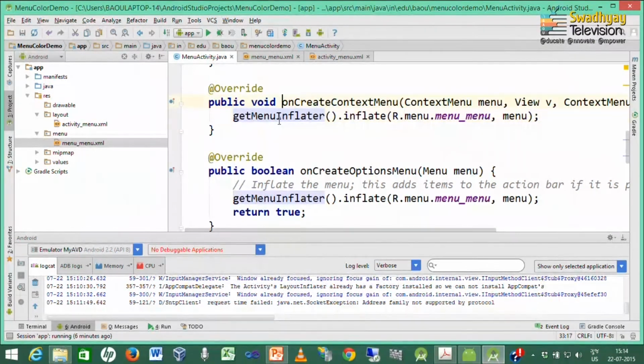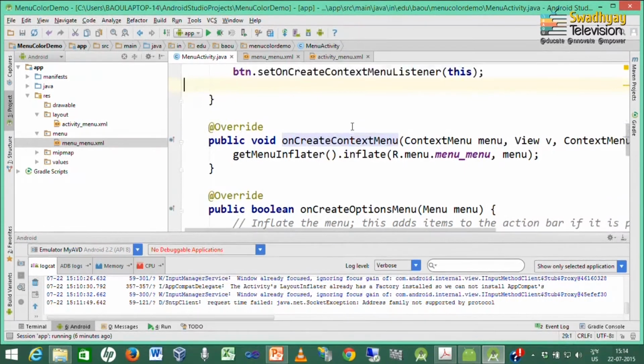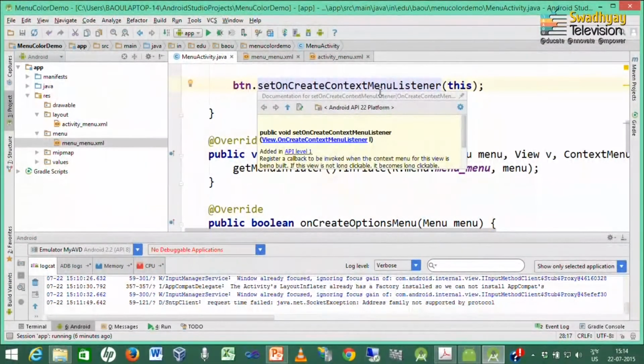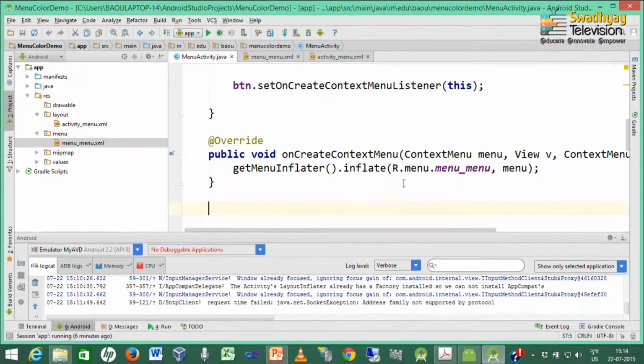Now, this menu with the same options is associated with the button using setOnCreateContextMenuListener, and next we implement how to handle this menu item selection.